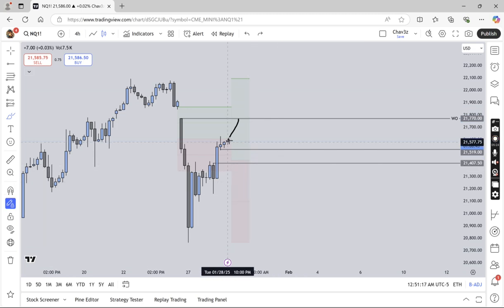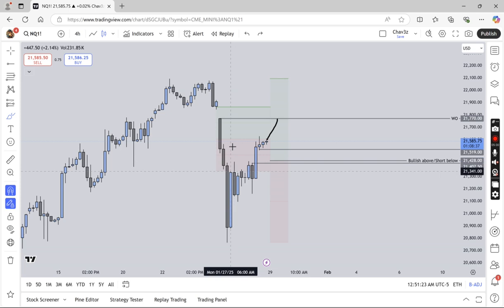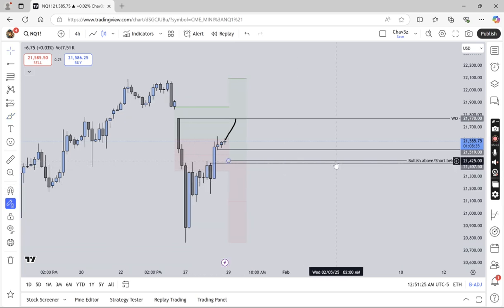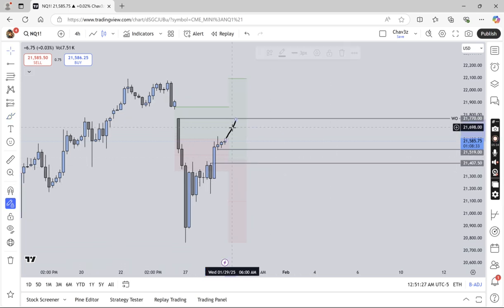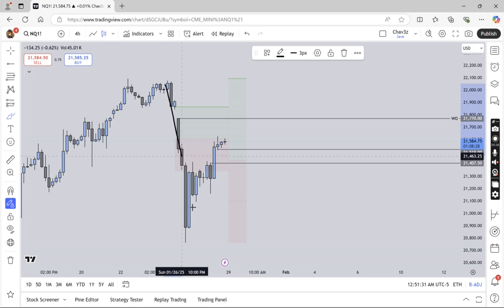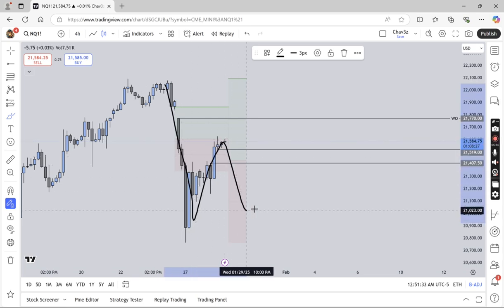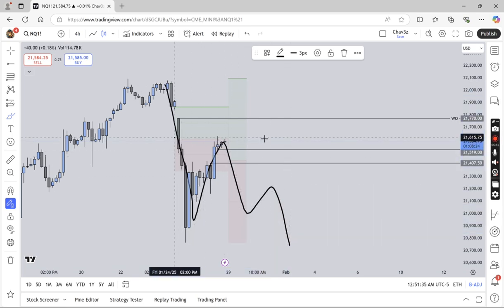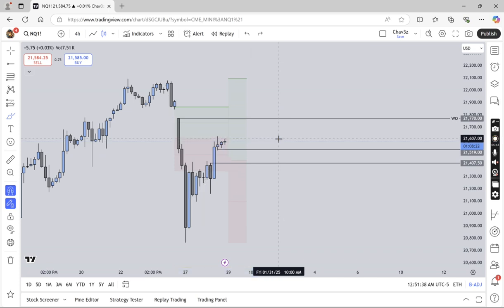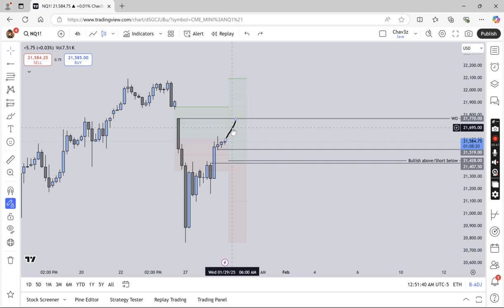So going in overnight, I want to see us attack weekly open. That would be my go-to scenario. If we're not headed towards that, oops, sorry, I added this level back. If we're not going to head up to weekly open and we're going to continue lower, because this is technically great market structure to go lower because we are attacking the 50% of equilibrium, the 50% of that range that we have drawn out,